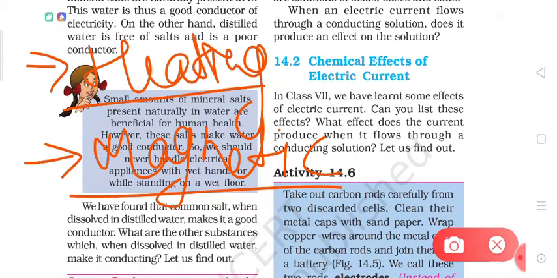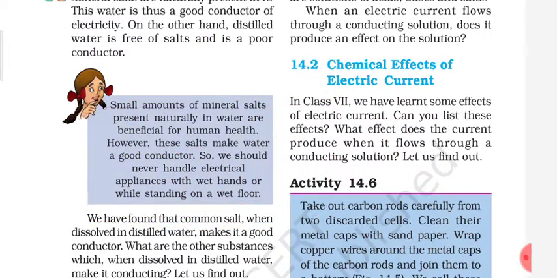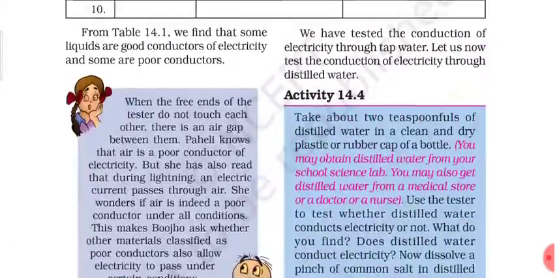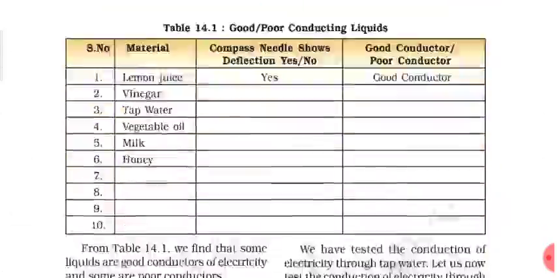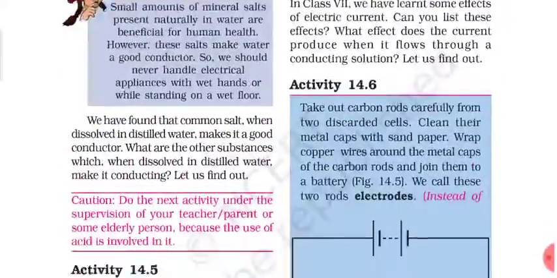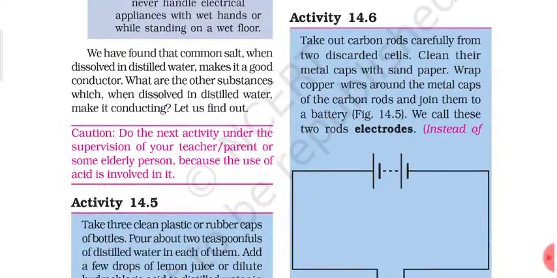Magnetic means when electric current passes through a metal conductor, it produces a magnetic field. So this is called magnetic effect of electric current. And on the basis of this magnetic effect of electric current, we have made a tester like this, in which we have used a magnetic compass. So now we are going to discuss the chemical effect of electric current, for which we need to understand the